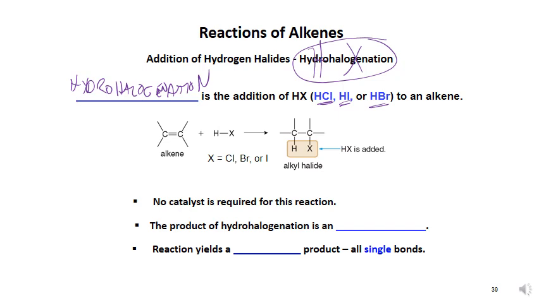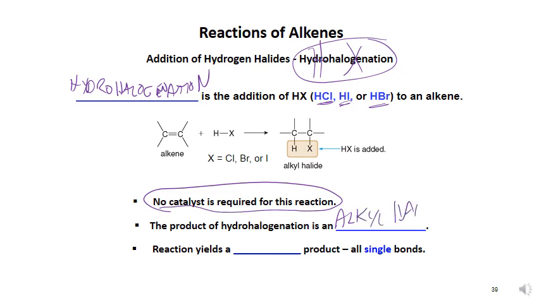You add an H onto one of the carbons of the double bond and an X, either chlorine, bromine, or iodine, onto the other. You make the carbon-carbon single bond, and you make an alkyl halide. Again, this is simple, so you don't need to do anything extra to force the reaction to happen. It's easily done. The product is an alkyl halide,